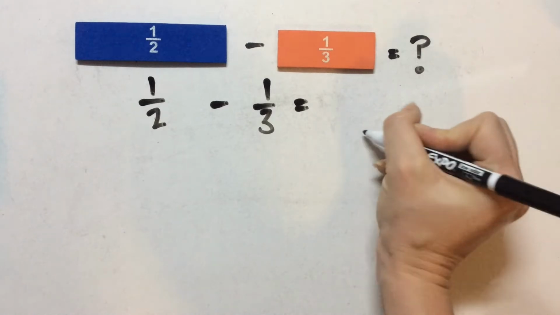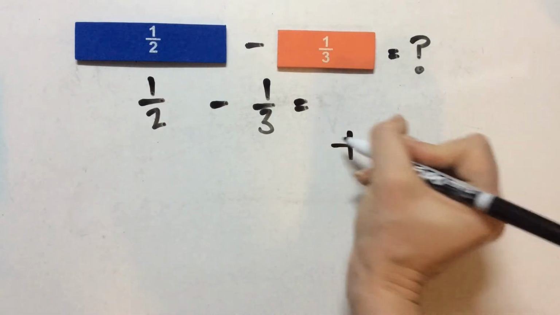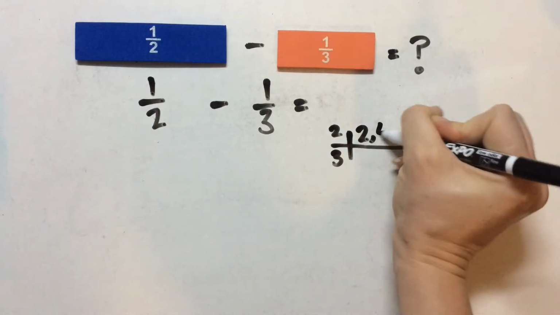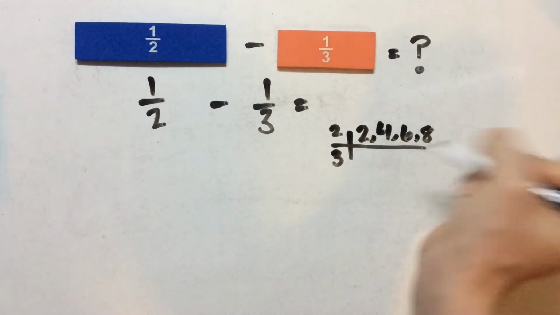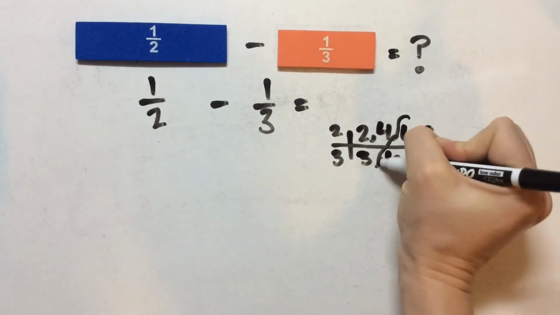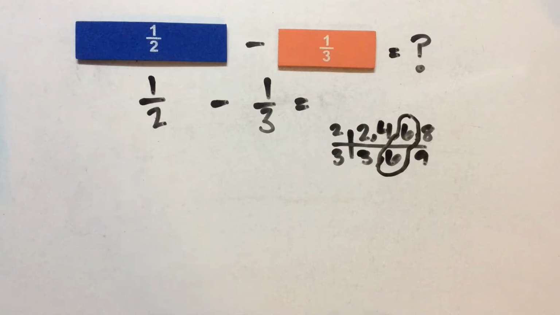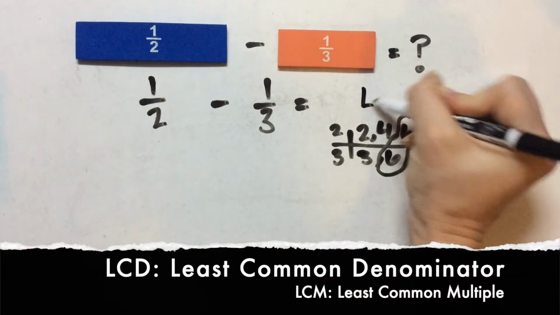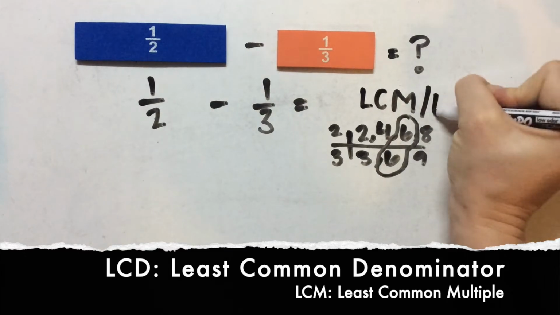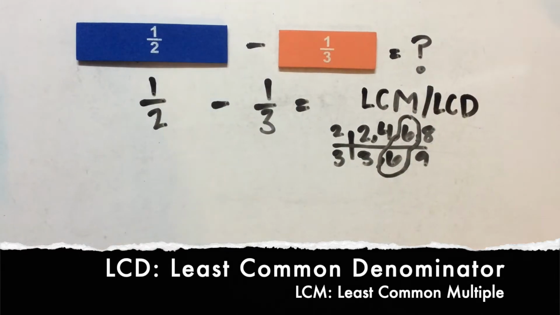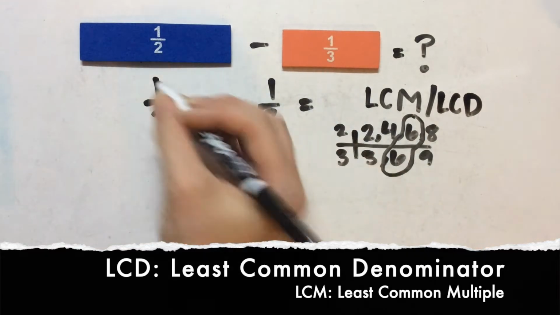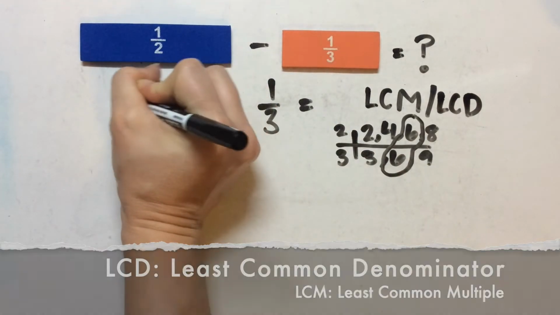So I can list out multiples by doing a table like this, 2 and 3, and skip counting: 2, 4, 6, 8; 3, 6, 9. And I can see that 6 is the least common multiple, or LCM, or LCD, least common denominator. So I know that 2 times 3 is 6, so I'm going to multiply by 3